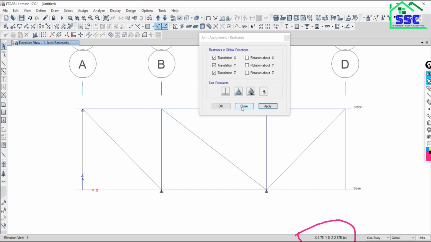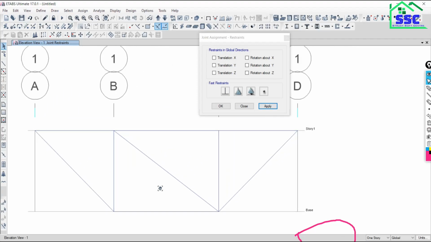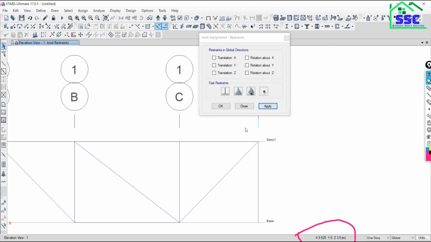Just clear it. Close the things. What we have to do is remove this support. So select the joint, choose the None option, say apply. As you can see, the support is removed from the joint. Now come back to this point and select the joint. Again it shows that two joints have been selected.